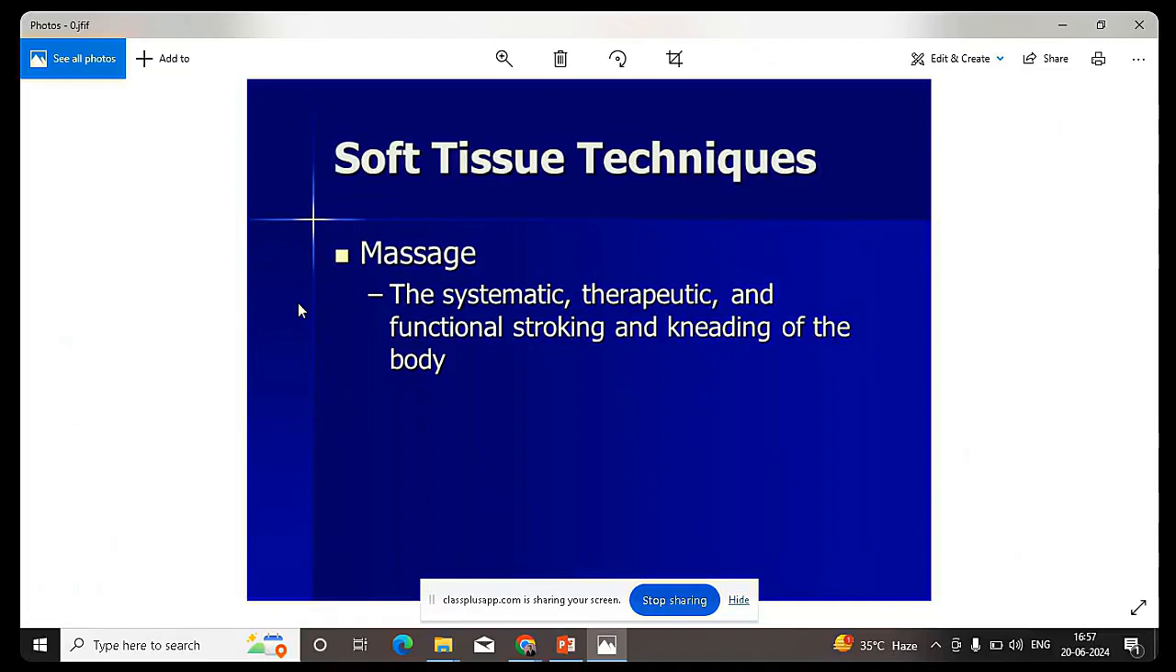So the systemic, therapeutic and functional stroking and kneading of the soft tissue of the body is called a massage, or we call it Snehan. The specific kind of strokes you take, the specific kind of pattern you use in this Snehan, helps in relieving and helping your lymphatic drainage. The lymphatic drainage is a drainage of kind of toxins, or you can say